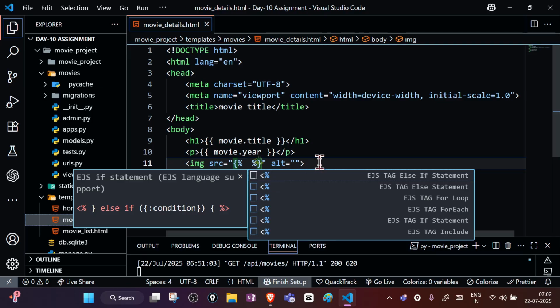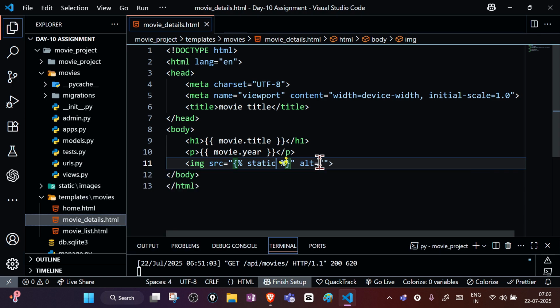And here I will write the folder name. So my images are there inside the static folder. Now after that I will write the location, I mean I will write the path. If you write the path, you will use single quotes. Inside the single quotes you will mention the path, right? So I will write here movies